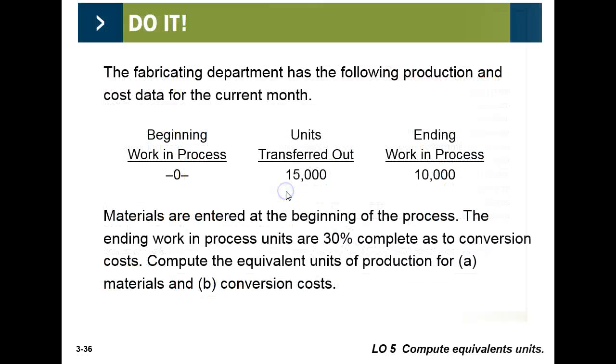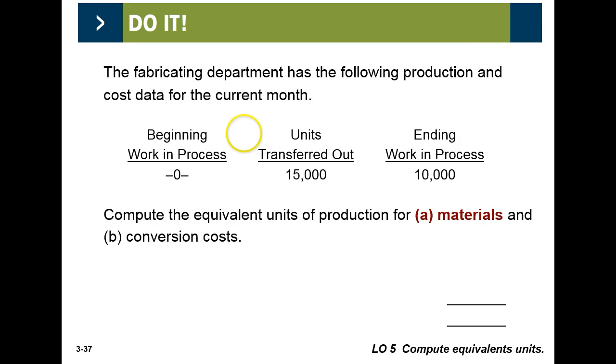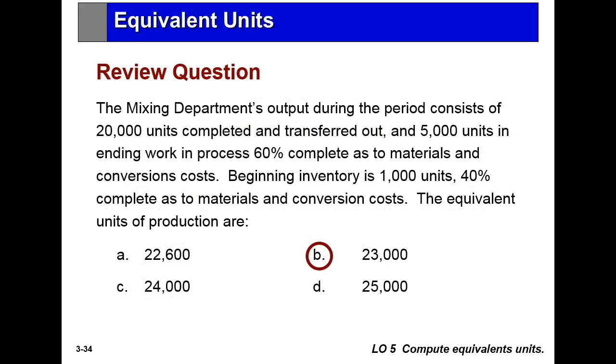So we don't think about the last sentence? I'm sorry, so we just leave out the last sentence, like it's extra information? Leave out the last sentence. The equivalent units of production. The beginning. Okay, so our beginning inventory is 1,000 units, 40% complete. So that's what we start with. As to materials and conversion costs, the mixing department's output during the period consists of 20,000 units complete and transferred